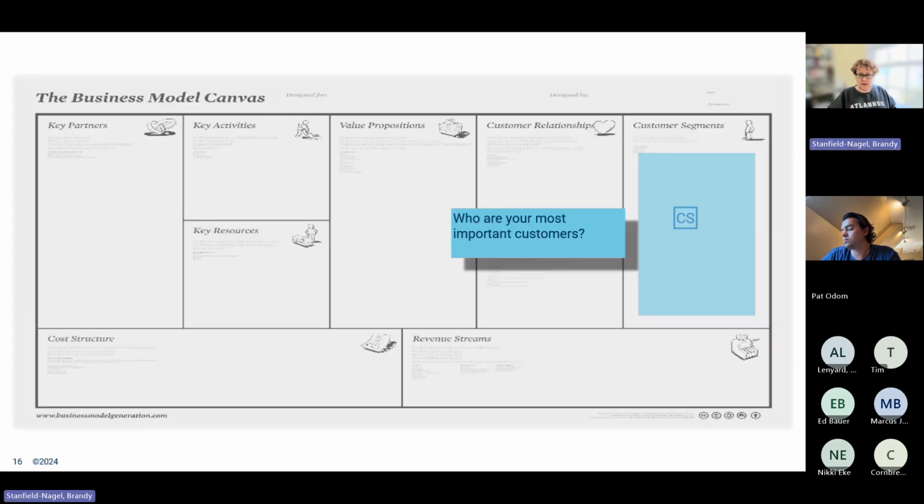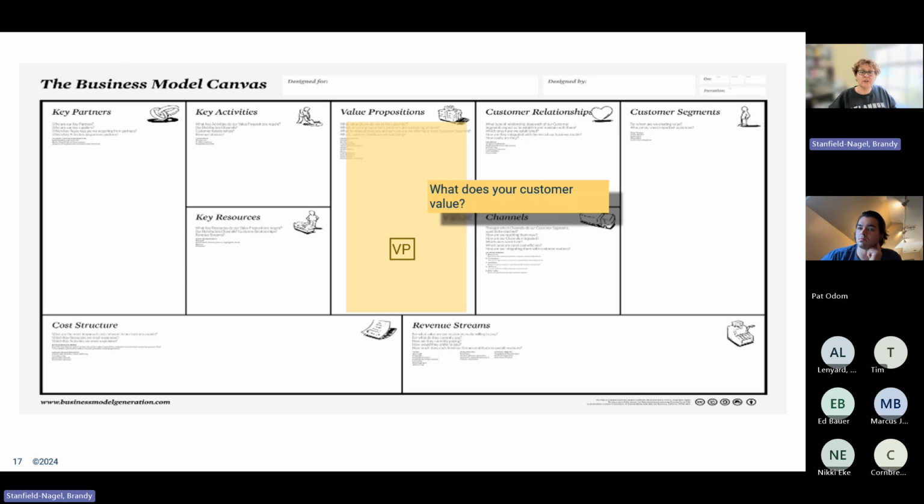The next one that we think about is, what does your customer value? Let's talk about the consumers first. If the consumer is someone who highly values pork-free eating, then part of the value is honoring their faith or honoring their values. That's what's important to them. If you're selling ice cream, what the customer may value is cold, creamy, and celebration. There's lots of different things you can put here. You can put logical,